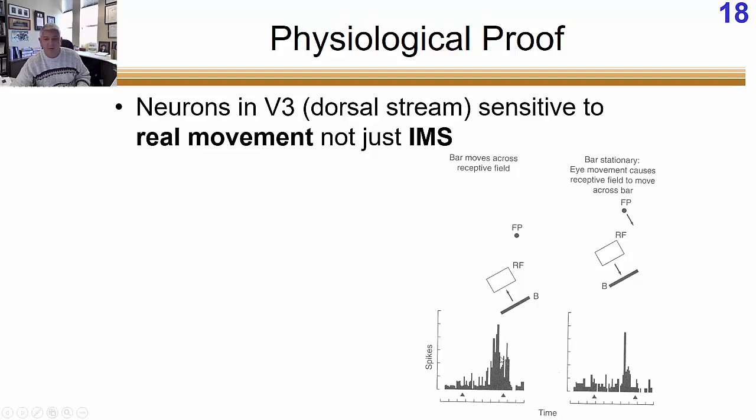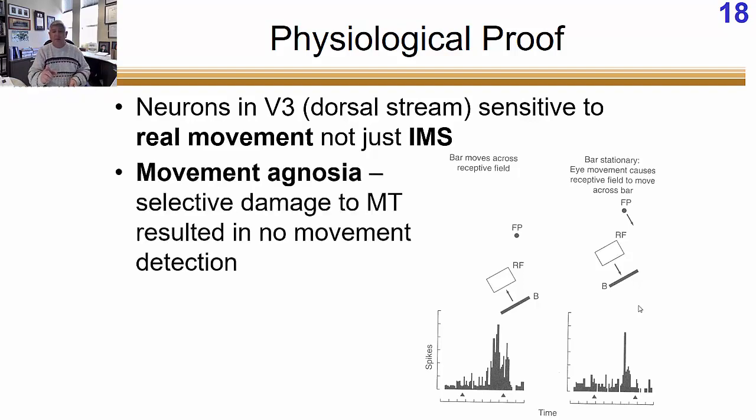And when we do that, it fires strongly, right? But now we can generate the same signal by having the monkey move his eye across that bar, move his receptive field now down across that bar. That would generate exactly the same retinal signal coming out of there, right? But the monkey perceives movement in the first case and not in the second case because of the eye movement, right? So because the eye is moving and the image is moving across the eye, that's a no movement signal